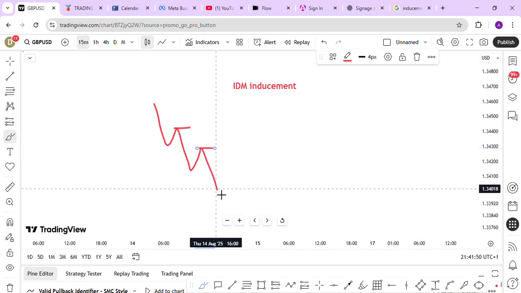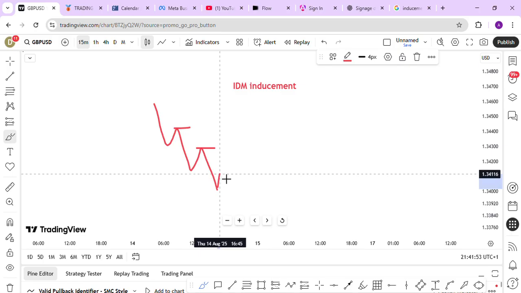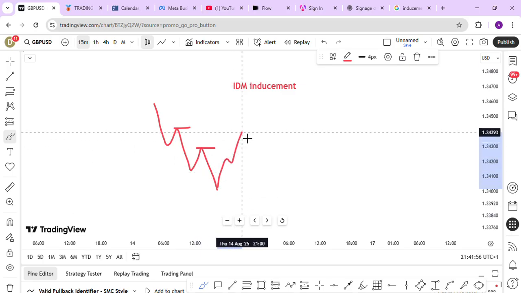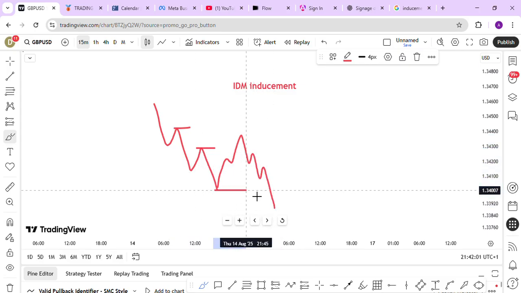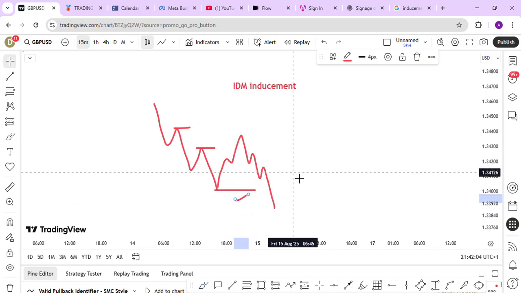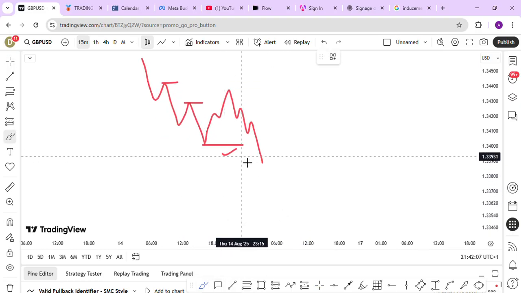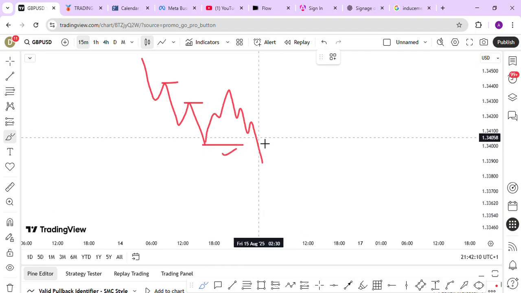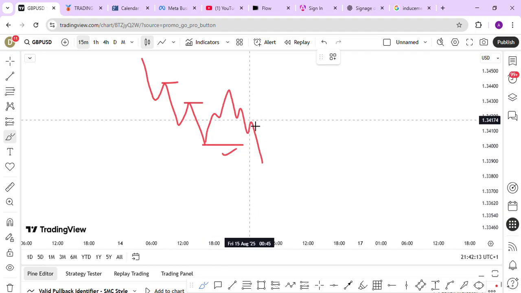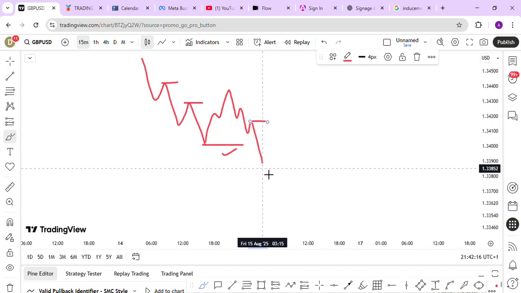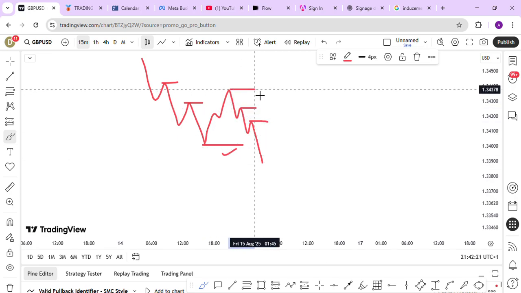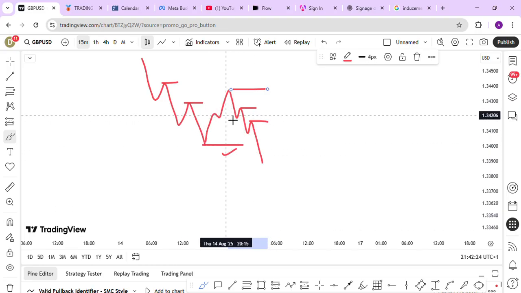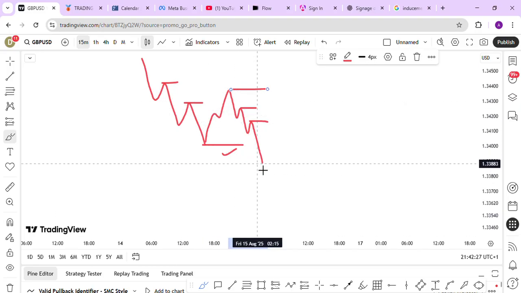So let's say the market does this, takes this one, then drops like this. It means that we have a break of structure like this. If you look at it, where is our recent pullback that the market did? Then we'll have to mark this level. There is also liquidity here, and even liquidity at the top. But according to the structure, we are expecting this top to be protected, and for this market to continue dropping,